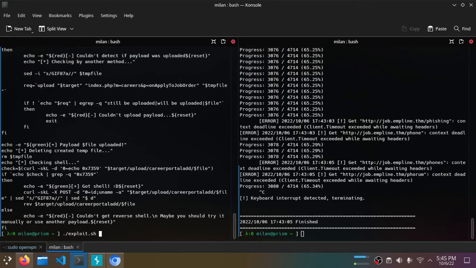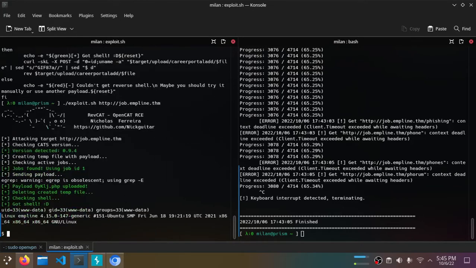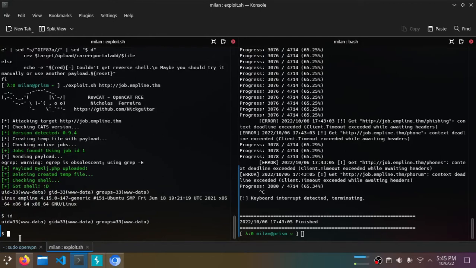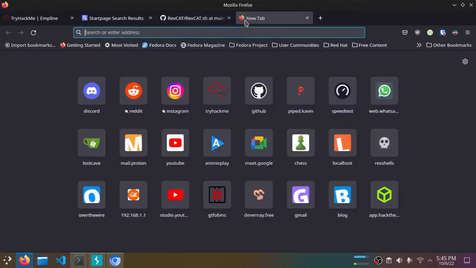Exploit.sh, and I'll give it the URL. So job.empline.thm, and it'll do its thing. And we have ourselves a shell. We are www-data. So now I will go to revshells.com, since this shell is very restricted and